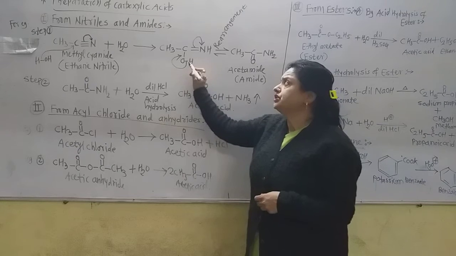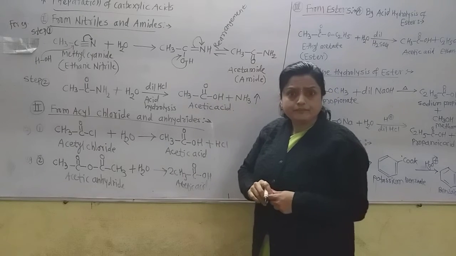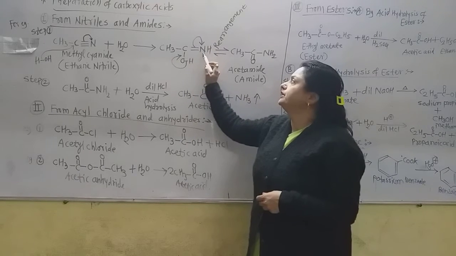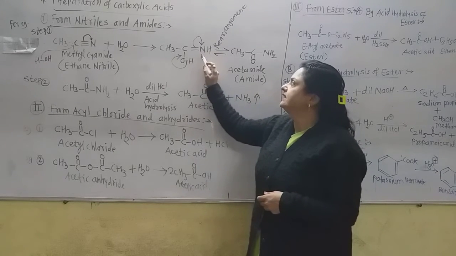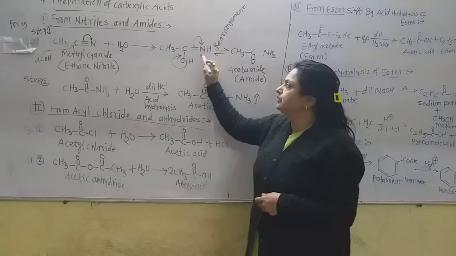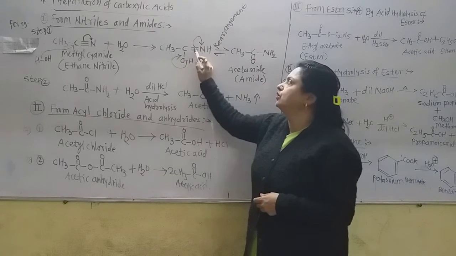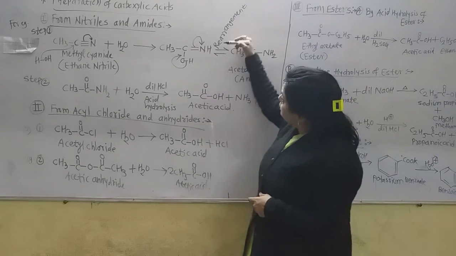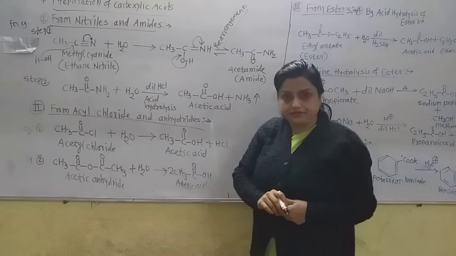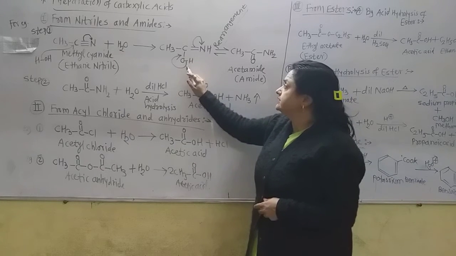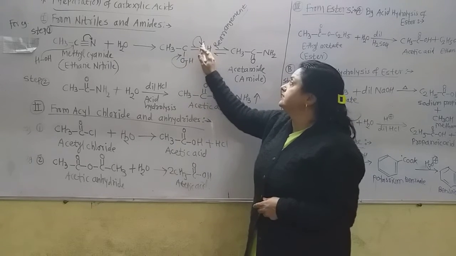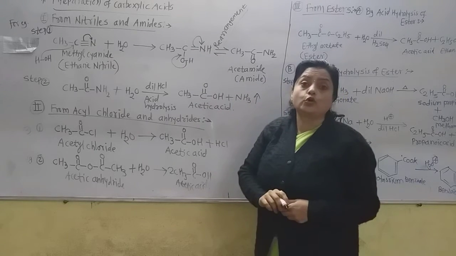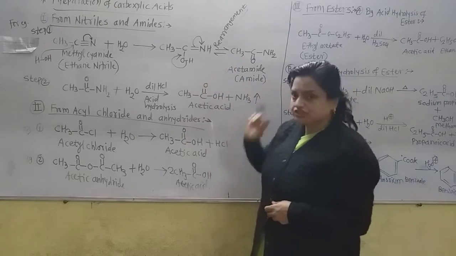Now this hydrogen gives here a double bond, and at the same time these bonds shift on nitrogen. One of the double bonds between C and N shifts on nitrogen because carbon now has 5 bonds, so one bond must shift on nitrogen. So this is only the rearrangement. Now here this gives the double bond. Here this negative charge is there. That negative charge attracts this proton, and there is formation of such amide.